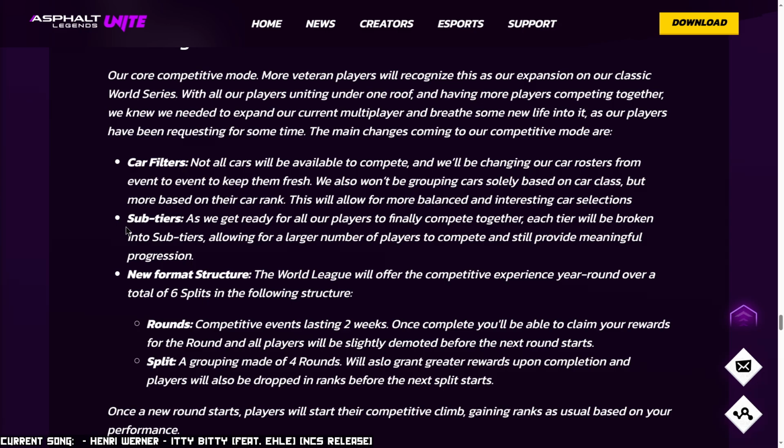Next change says sub-tiers. As we get ready for our players to finally compete together, each tier will be broken into sub-tiers, allowing for larger number of players to compete and still provide meaningful progression. I believe what this means is that where before, let's say that there's 250,000 players playing the game in total, amongst all of the regions. I don't know if that's true or not, but I'm just giving you a random number. Then you would have all of those people competing together, right? In multiplayer, if you're the worst player ever with the worst car, you'll be in position 250,000